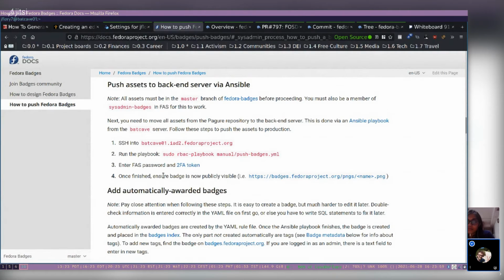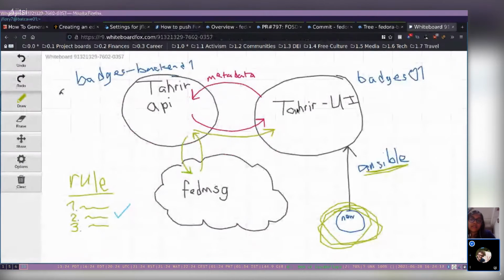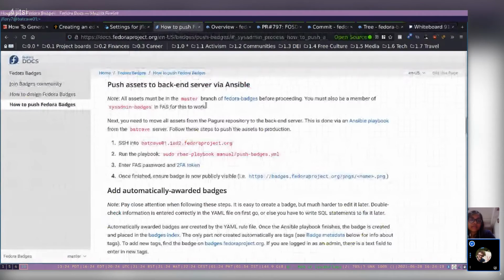And then the badge, whatever the name of the PNG file is, it'll be online. You can actually go and see it on badges.fedoraproject.org, and it'll be there. So that's the piece where, right. So the Tahrir, it's in the UI, but the badge doesn't actually exist yet. So this is the part where